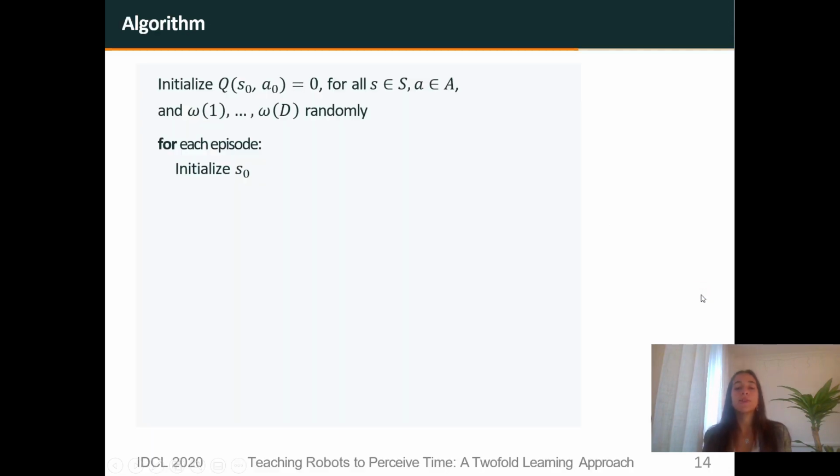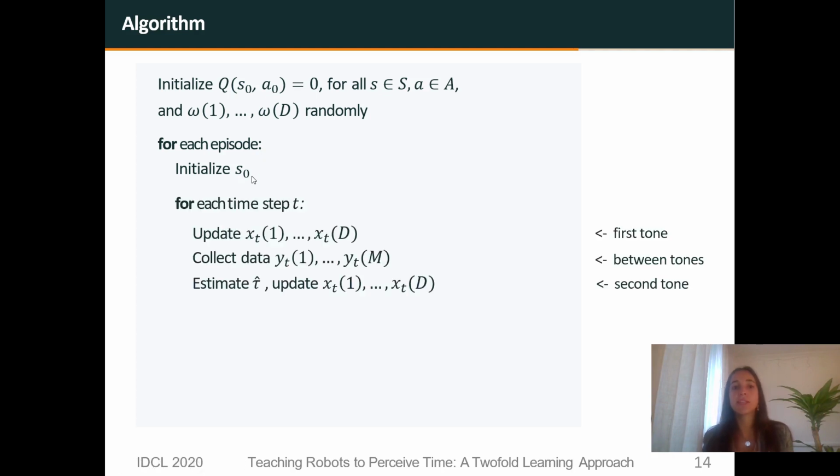So the algorithm that we use for this is the following. We start by initializing all our Q values for all states and actions to 0, and we initialize the weights randomly. And then for each episode, from every time that the mouse presses the start button to the end where it chooses how long the sound was, we initialize the initial state, which is the init in this case. And then for each time step,